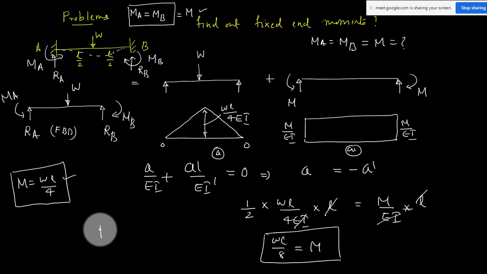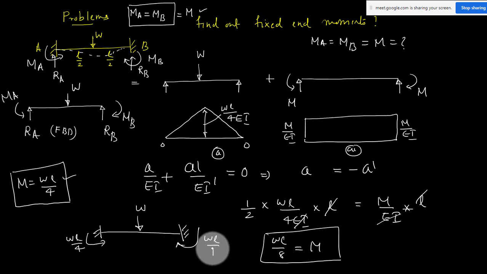If you have a fixed beam, these results you should know, many times these results are useful. If you have a simply supported fixed beam with constant load W, your fixed moment, you should know the result also. It should be WL by 4 anti-clockwise, and WL by 4 clockwise. This is your fixed moment. So we can also find out the reaction. What is the value of reaction? Because of symmetric load, Ra plus Rb equal to W. So Ra will be equal to W by 2, and Rb will be equal to W by 2.